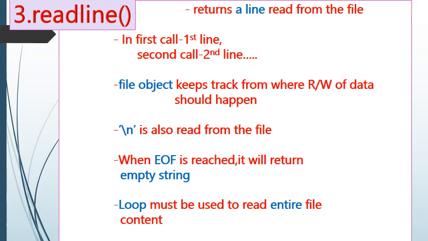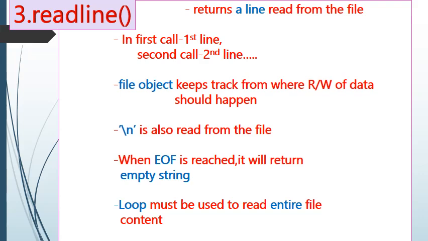See the use of the third one, readline. It returns a line read from the file. When you use this function for the first time, it will read the first line. If you use it again, it will read the second line. And the file object keeps track of